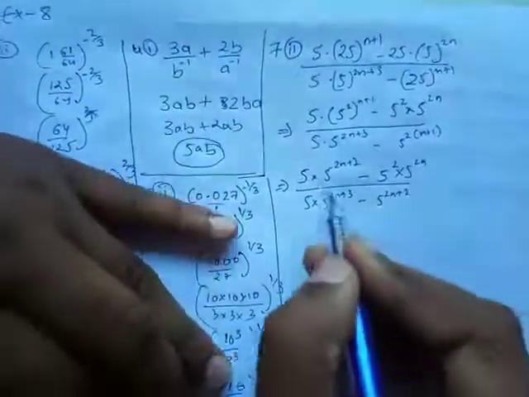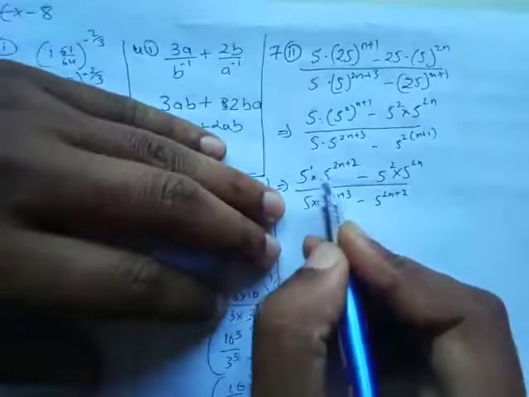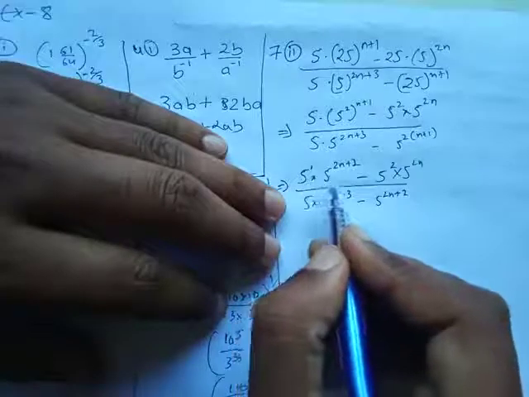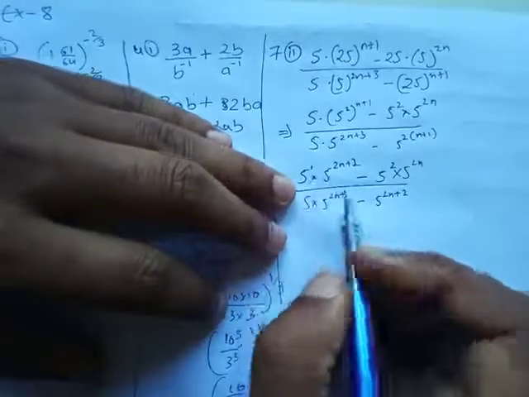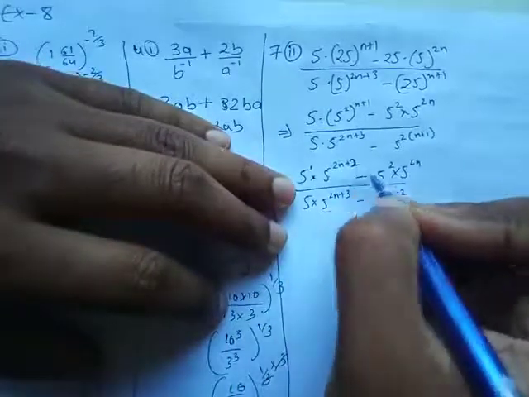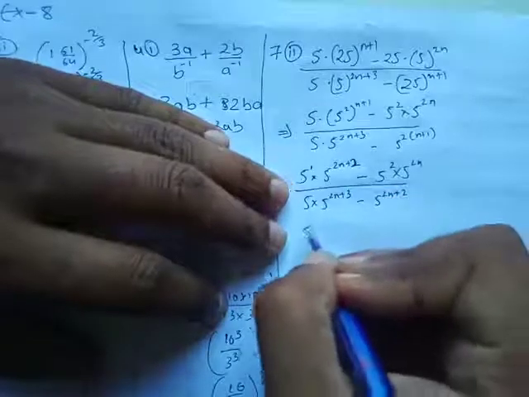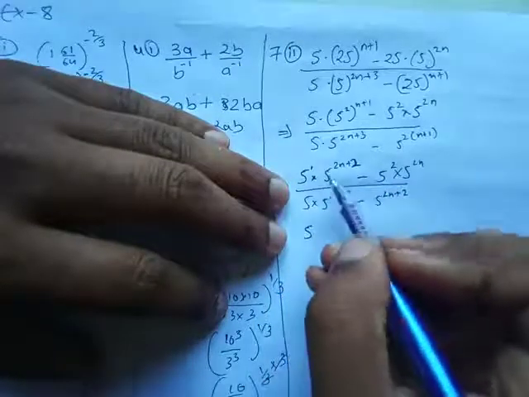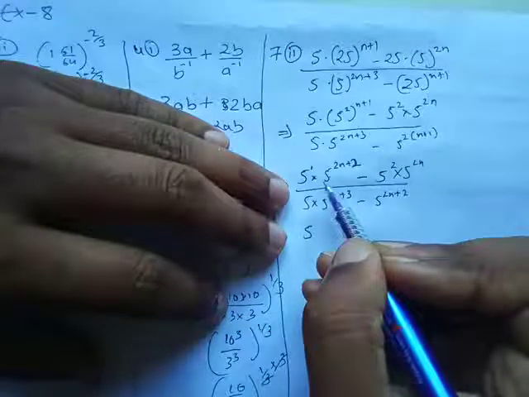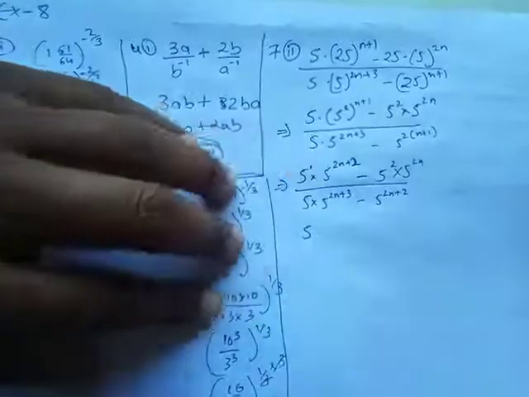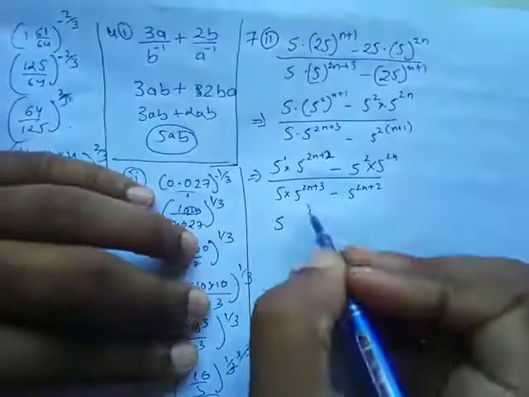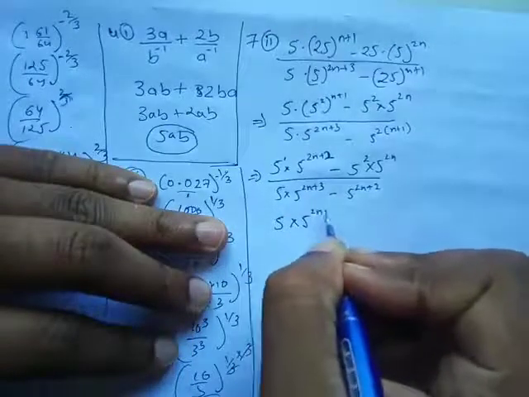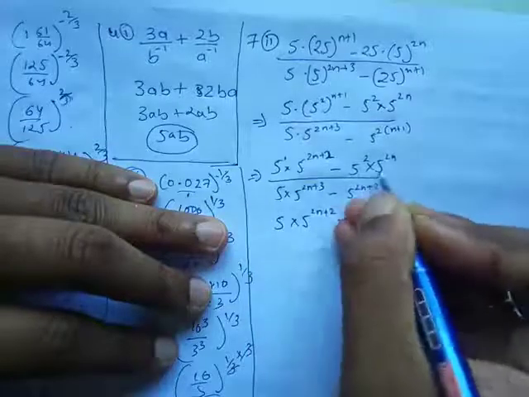Okay, now if I see इसकी power क्या है 1, इसकी power क्या है 2n plus 1. So what happens when the bases are same, the powers get added. So this is 2. Okay, so I'm going to write 1 5, and then I'll multiply this. I'll leave it like this, and I'll write 5 to the power 2n plus 2 minus,